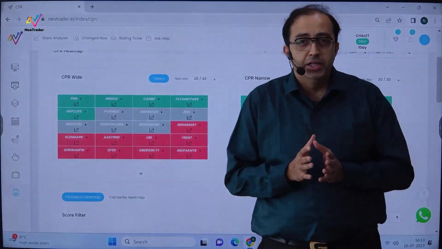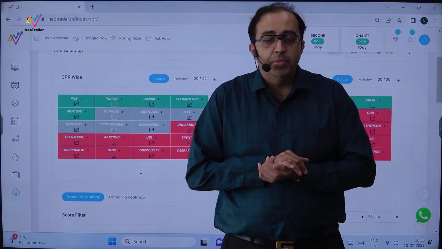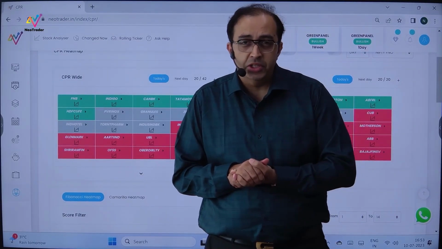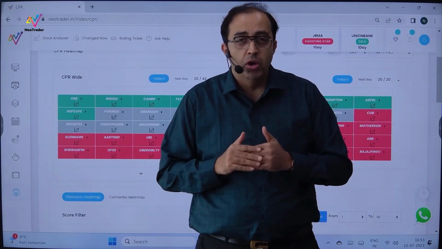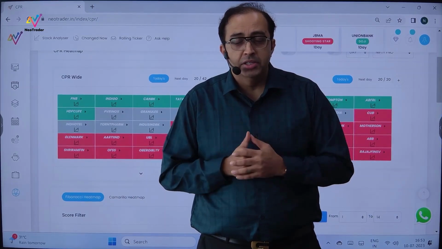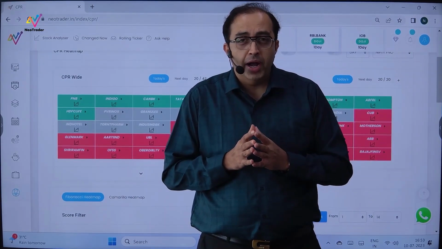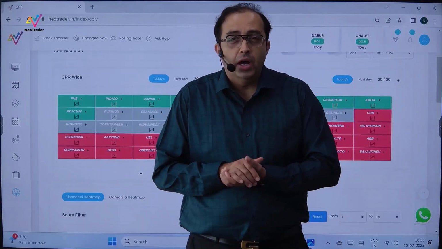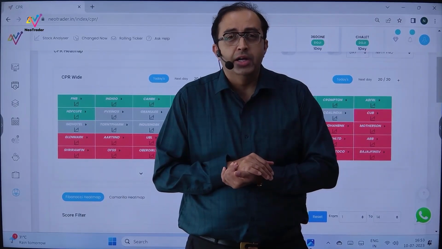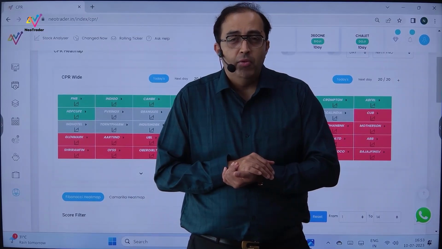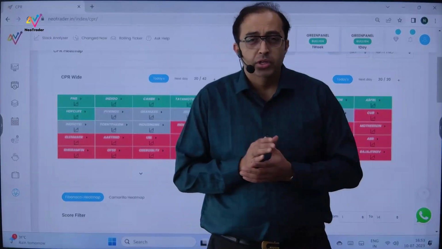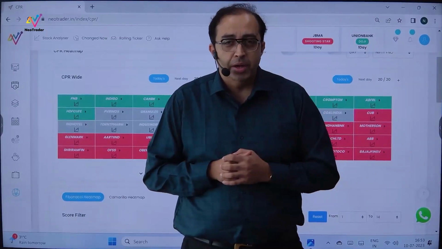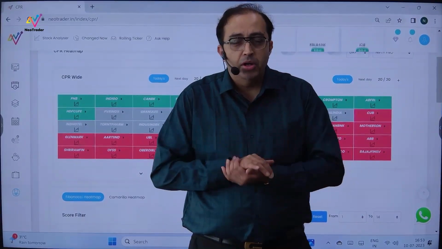The level 1 is using the concept of Fibonacci pivot, and we definitely went into the cam area section as well, and we discussed the bullish mode or the bearish mode and the alert system. So all this will help you to track the trades, and we have also covered how to do it along with the rolling ticker, right? Rolling ticker is a very useful feature, and I would definitely advise all of you to use that feature so that you can get a fast track approach of the CPR world, right? So that's about your level 1 approaches.